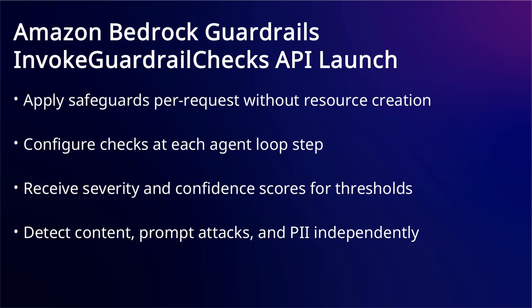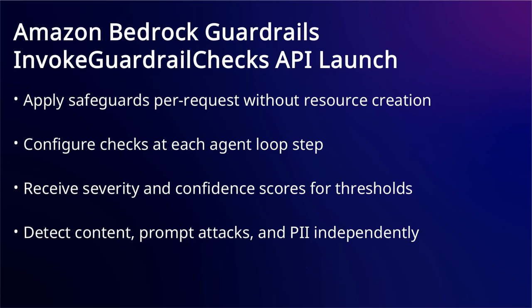Agentic AI applications execute iterative loops with dozens of steps for a single request, where each step carries a different risk profile. A single guardrail configuration cannot address the varying security needs across these steps. The InvokeGuardrailChecks API solves this by operating in detect-only mode without requiring guardrail IDs or versions. You can apply safeguards per request without creating guardrail resources, allowing you to specify which checks run at each point